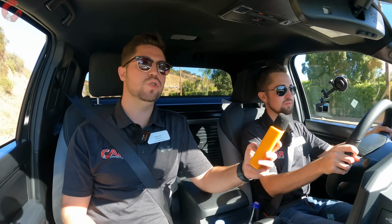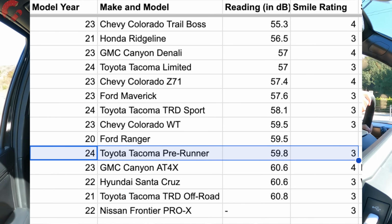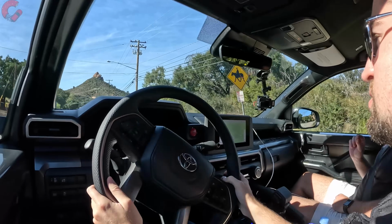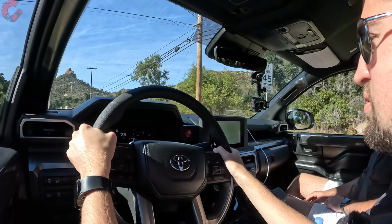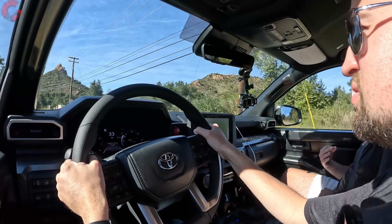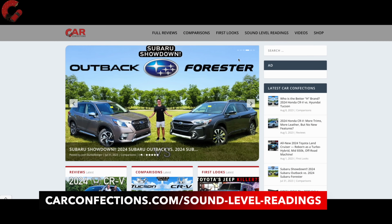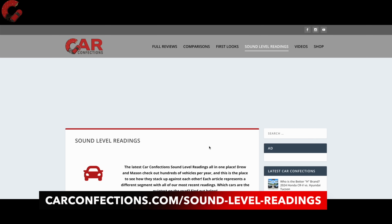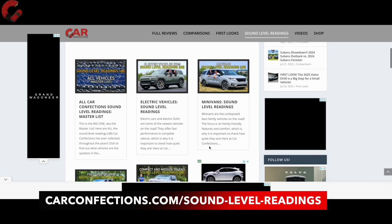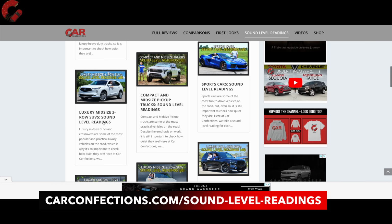59.8 is our official Car Confections sound level reading, going 55 miles per hour in this PreRunner Tacoma. That is going to be slightly louder than the TRD Sport that we checked out earlier, but not a bad sound level reading whatsoever. And we don't have to guess, because on our website, carconfections.com/new sound level readings, we do have all of our sound level readings posted. So you can actually see how this PreRunner compares to a lot of the competition, including that new Colorado and